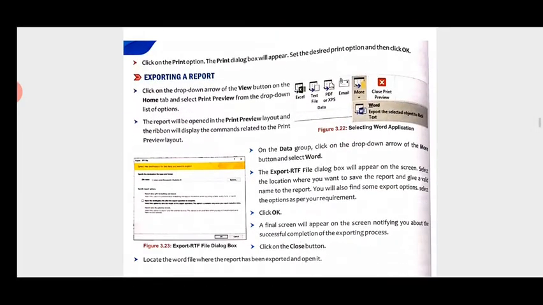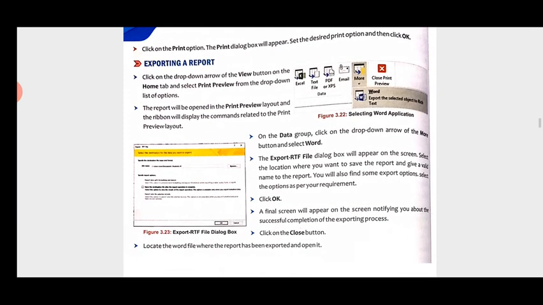Next is exporting a report. Sometimes you want to see your report in another application format. So the transfer of your report from Access to another application is known as exporting. For exporting a report, we have to do a few steps, such as click on